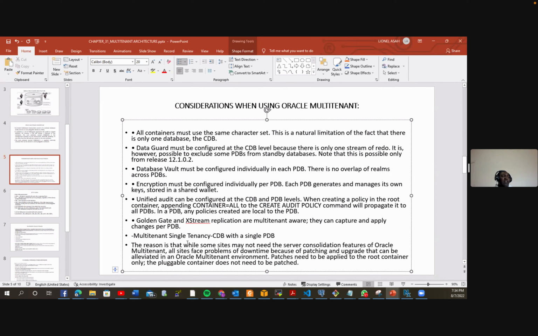Then multi-tenant single tenancy, a CDB with a single PDB. It's not abnormal, with just a single PDB. That's talking about single tenancy. If we want to talk about tenancy, we're talking with respect to the number of pluggable databases that are attached to the container database. The reason is that while some sites may not need the server consolidation features of Oracle